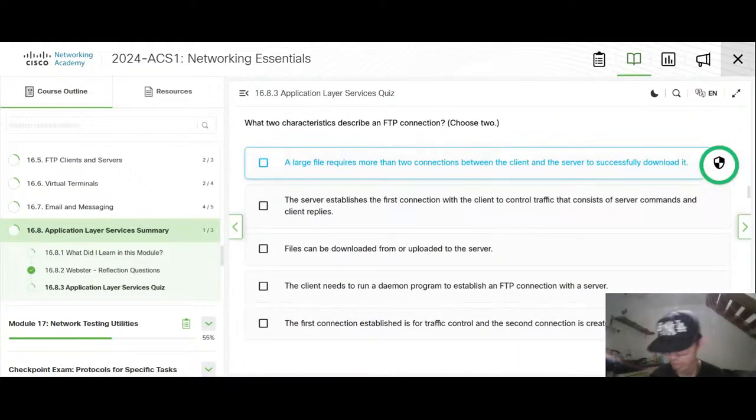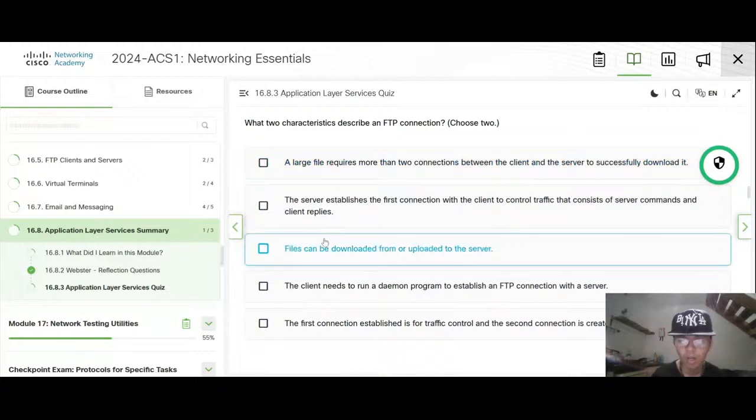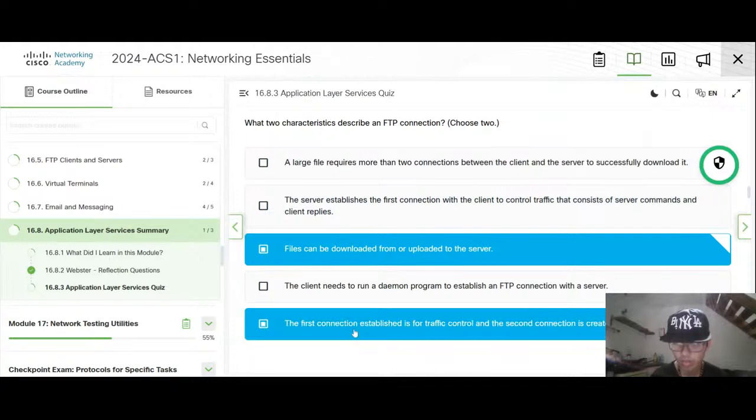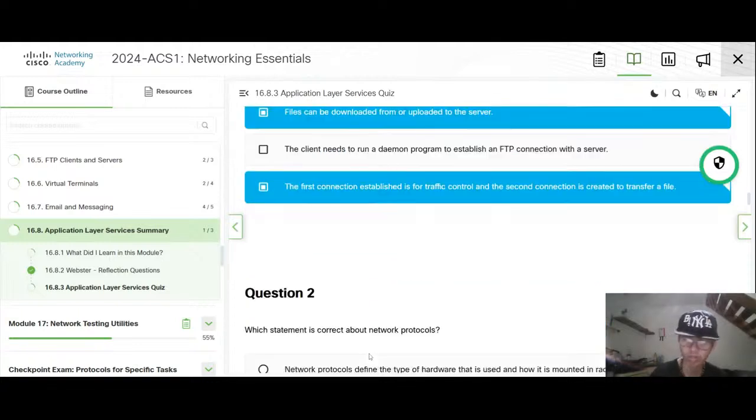FTP, firstly, again, I have not learned FTP at school, so I should not try to think about this. The file transfer protocol. This one's easy, great for traffic control, and the second is to transfer files.